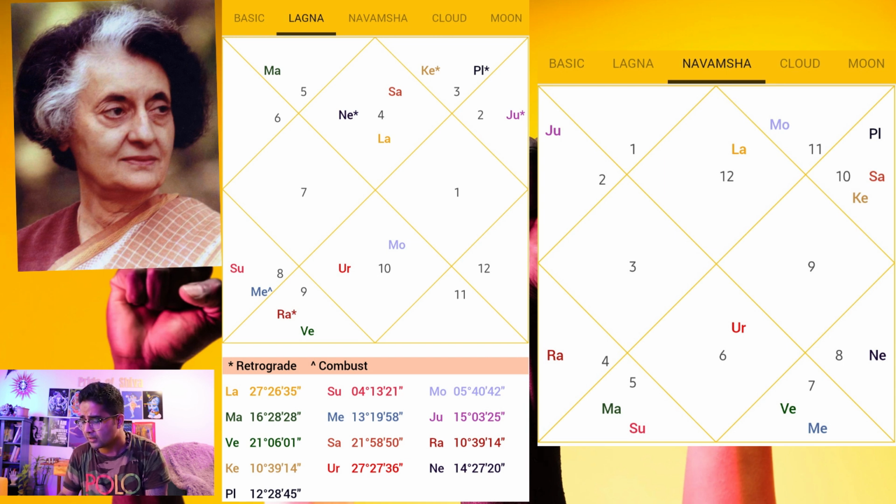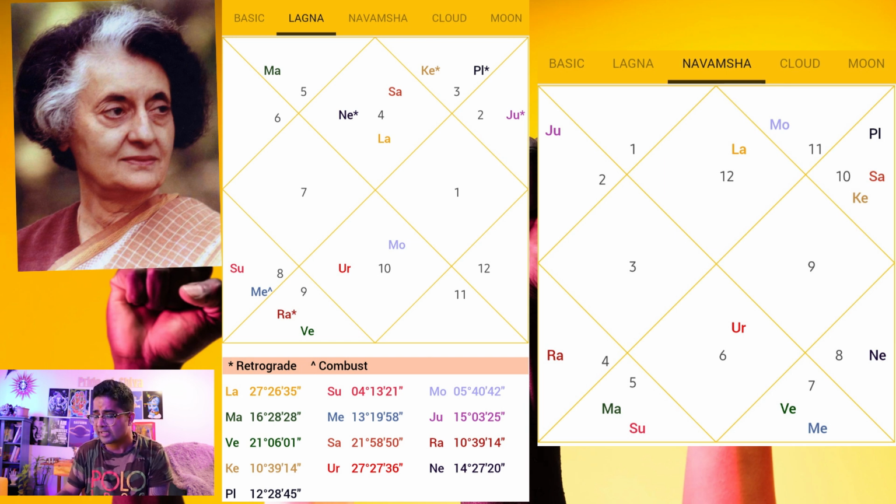After that guys, the salient features of the chart: Jupiter in the third house is Vargottama, that is a good indication. After that, Mars in the sixth house is Vargottama, and Mars is also conjunct with Sun, which is placed in its own sign. So the sixth house in the D9 in itself is telling about the capacity to fight back. That aspect in her chart, in her vibrations, is working out very strongly.